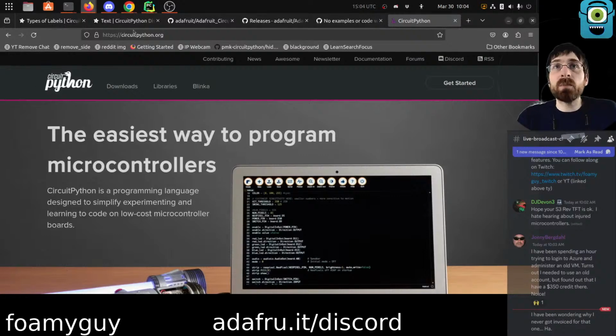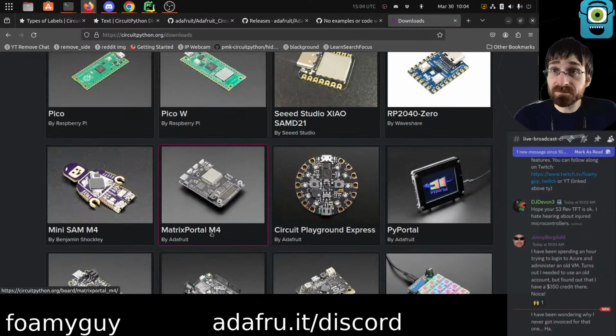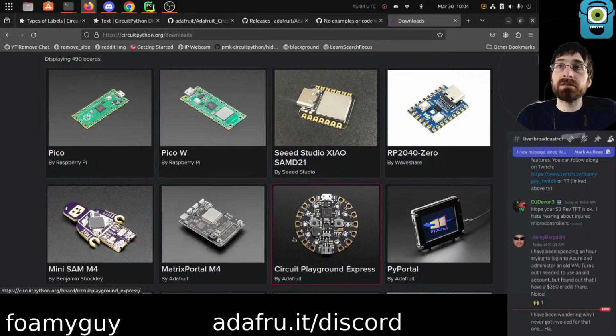If you don't know what CircuitPython is, you can learn more at the main website, circuitpython.org. This is basically a version of Python that runs on tiny computers called microcontrollers, such as these ones depicted over here on the downloads page. These devices will plug into your computer with a USB cable. Most often, they'll show up like a thumb drive. There's a code.py file on that thumb drive. You can edit the code file, and then the actual chip on these devices will interpret and execute that Python